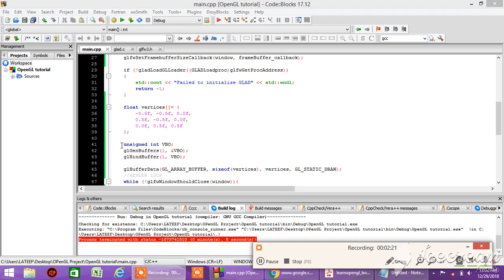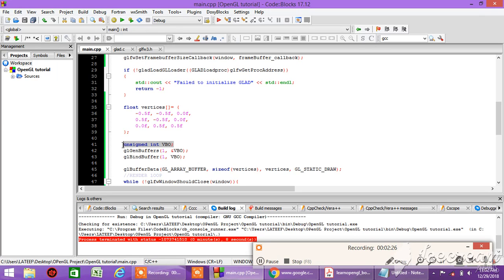So in this place we created a buffer object which is unsigned int VBO. The buffer object name is VBO. Then we generate it. As we are generating it, this is the number of buffer objects we are generating, which is 1. So this second one is the buffer object address, the vectors buffer object address, which we give to glGenBuffers as the second